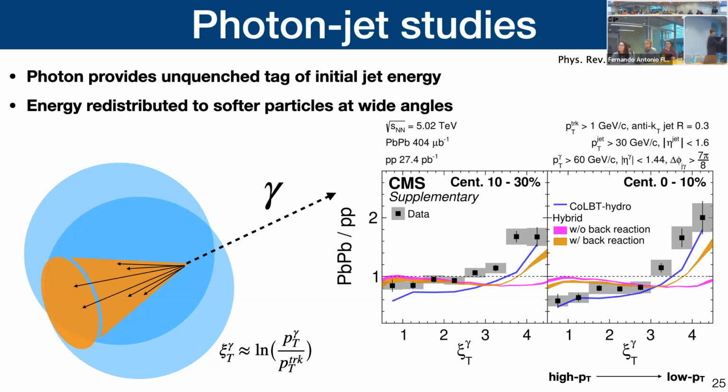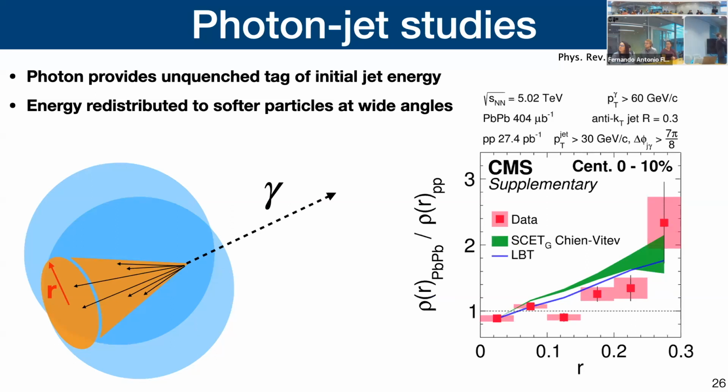We also did a similar measurement where, instead of looking at the transverse momentum, we looked at the radial profile of the jet. It's a very similar measurement, just changing the x-axis. This is known as a jet shape. And you can see here that as you go to larger radii, you see this rise. So not only does the energy go to lower, softer particles, but in general it also goes to wider angles. Essentially this energy is being dumped into the plasma, so lower energy particles traveling at wider angles.